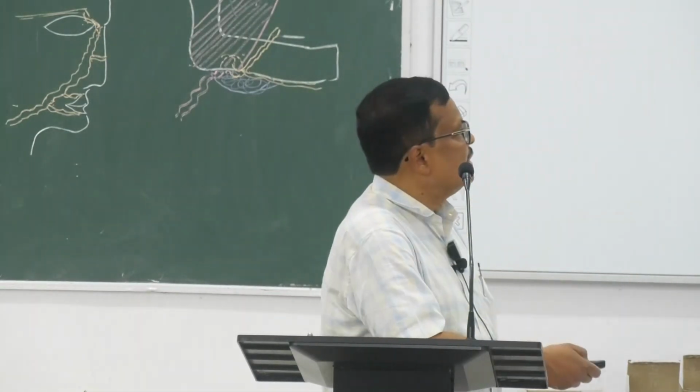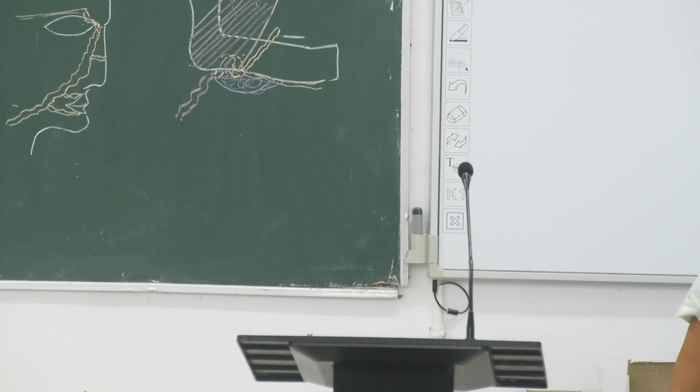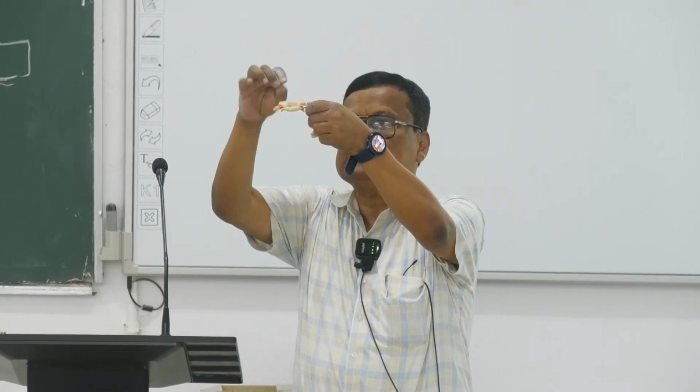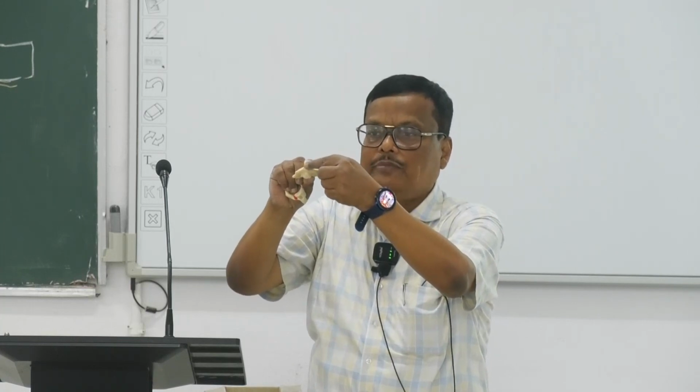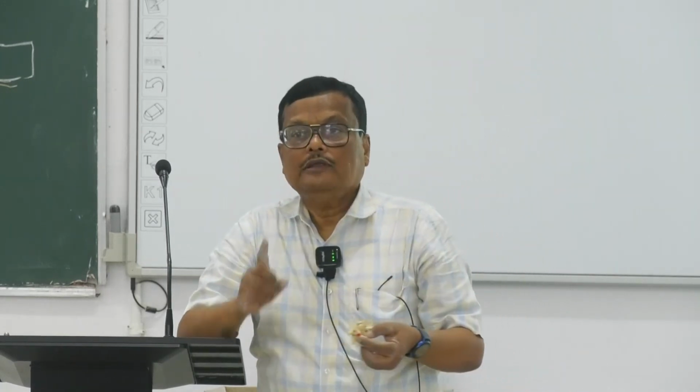ইম্পর্টেন্ট। অ্যাটলান্টো এক্সিয়াল জয়েন্ট, already you know, are 3 separate joints present or 2 joints present? কালকে বলেছিলাম, তোমাদের দিক থেকে দেখাচ্ছি, এইখানে দেখো, there is a facet present on the posterior surface of the anterior arch of the atlas. Similarly, there is a round smooth facet present on the anterior surface of the odontoid process. So when it comes here, this facet comes in contact with the facet of this to form a joint, and we call it the median